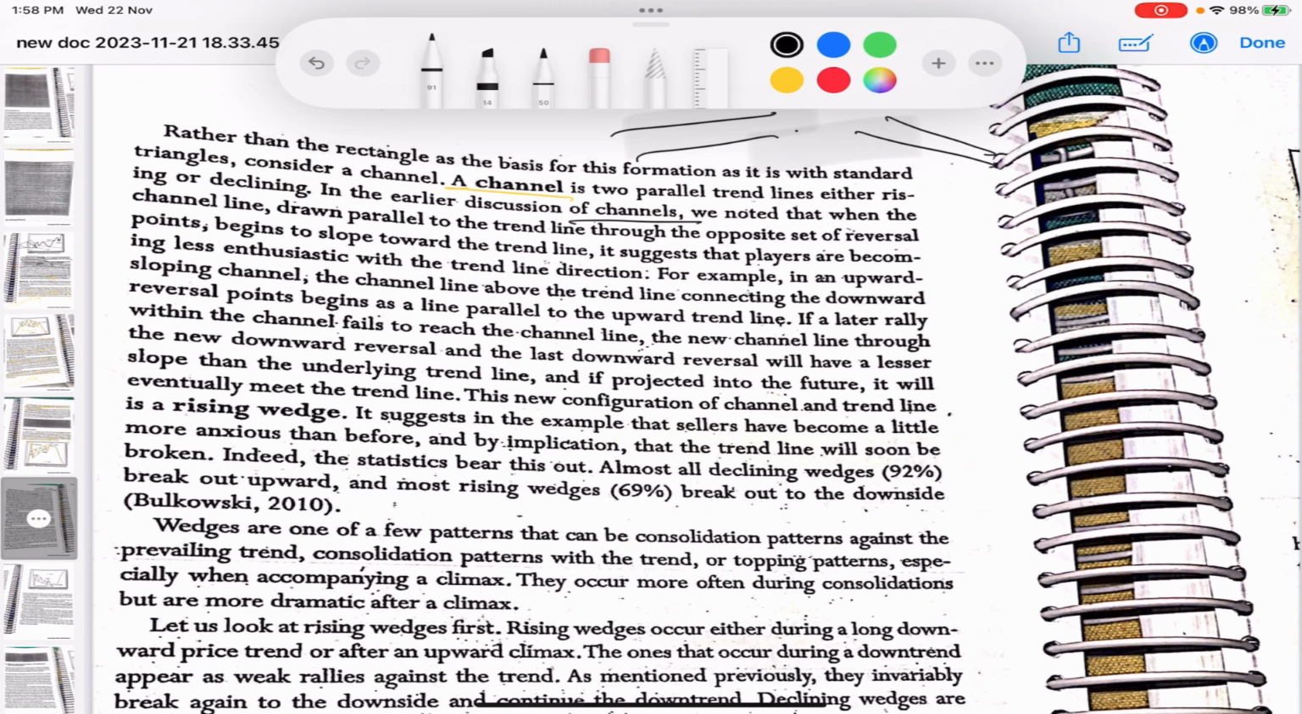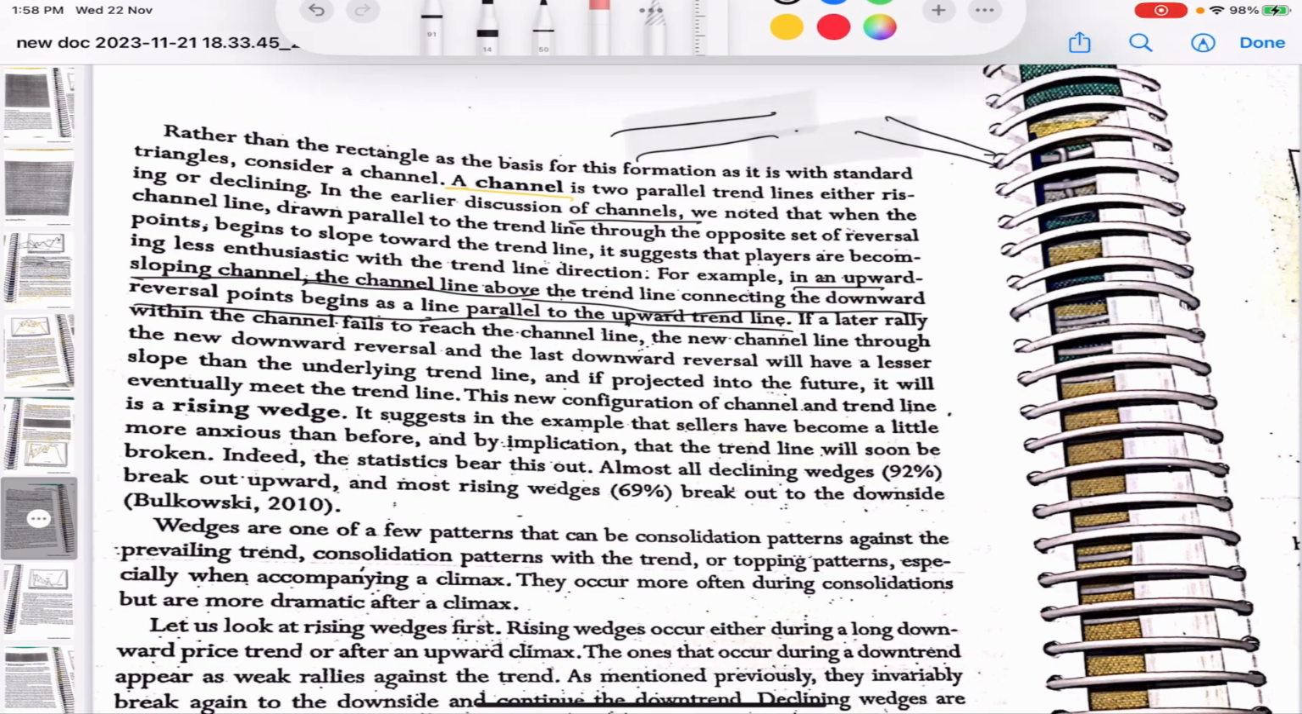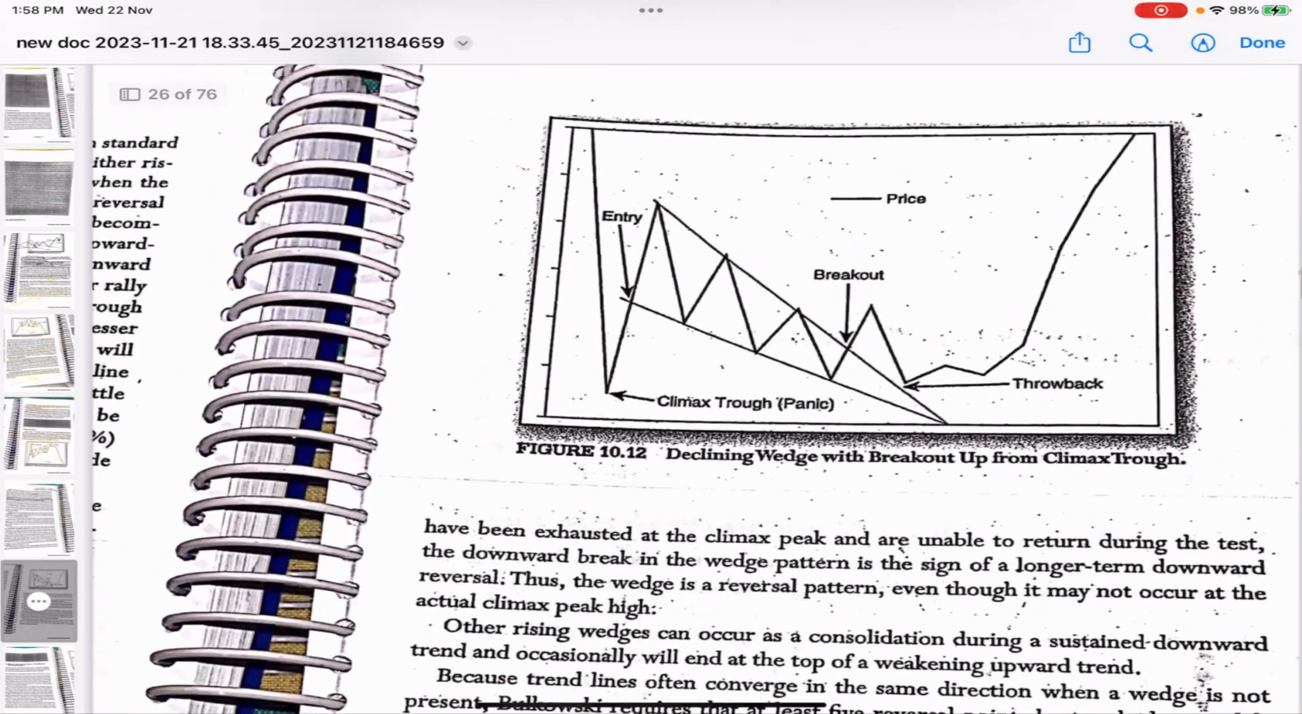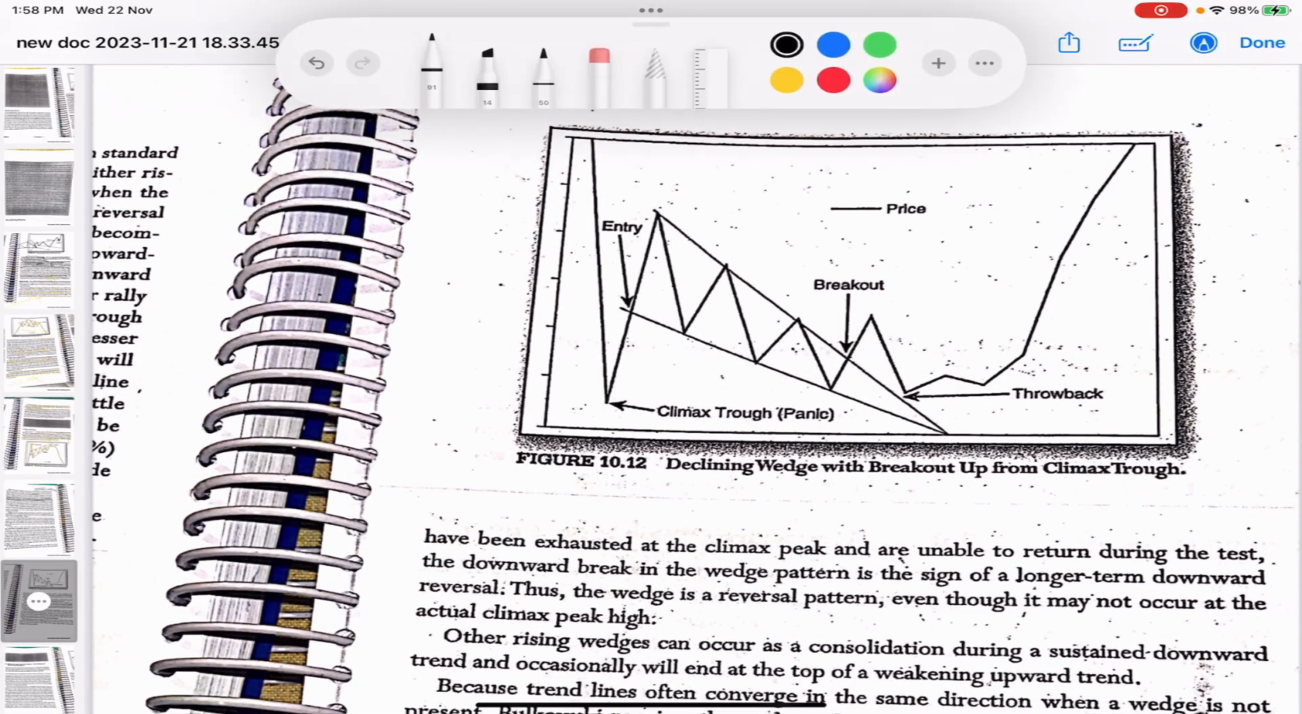through an example: in an upward sloping channel, the channel line above the trend line connecting the downward reversal points begins as a line parallel to the upward trend line. Let me show you the image. Okay, first you see this. This is basically my